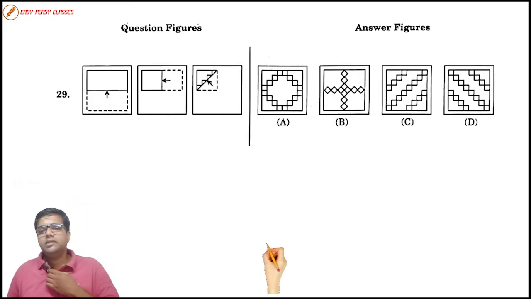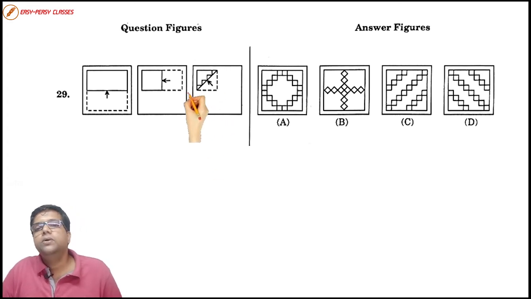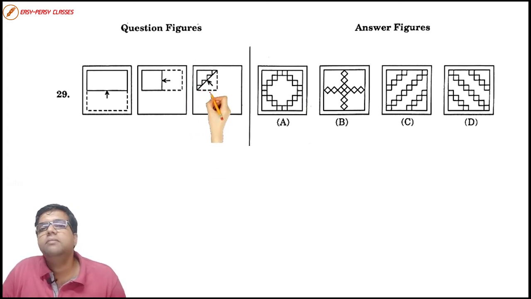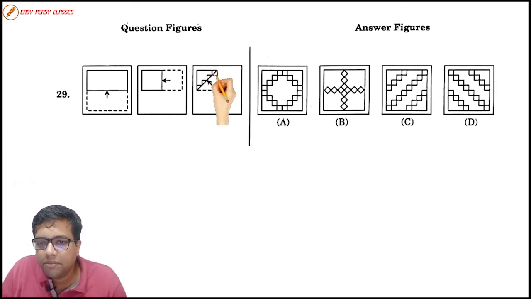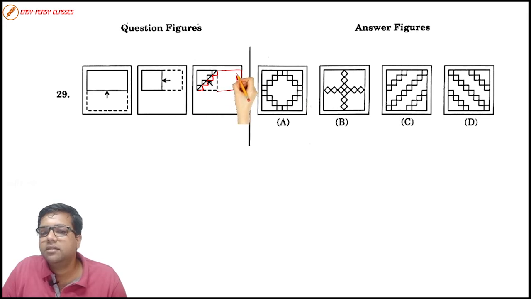So how do we solve this? You can solve this with your imagination. You can imagine that I am folding the paper like this, and after cutting it and opening it, how would it look? Or you can follow a trick that I am going to tell you. Just mirror the image, just mirror the cutting. What they have cut over here, you mirror it here, and mirror it for the other side as well.